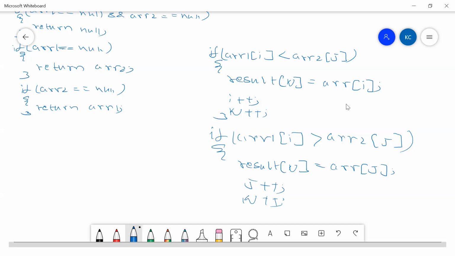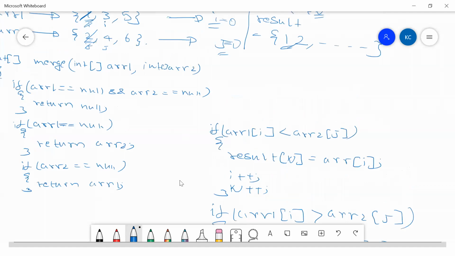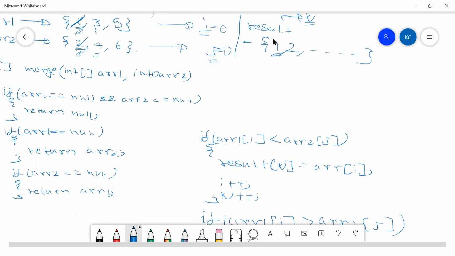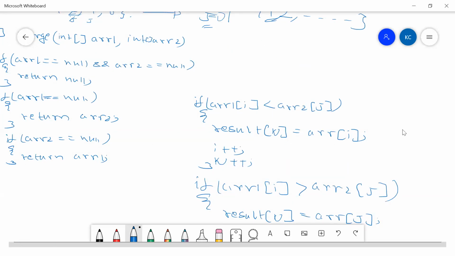The same thing that we did over here. We compare: if my ARR2 element is less, then I'll be inserting that. If ARR1 element is less, then I'm inserting that. So for every insertion, I'll be incrementing either I or J, and K.